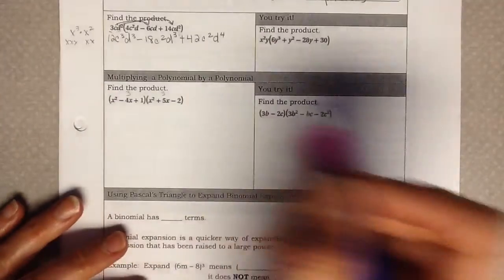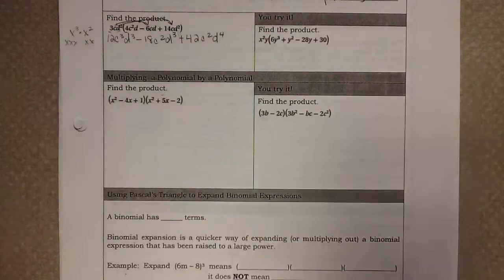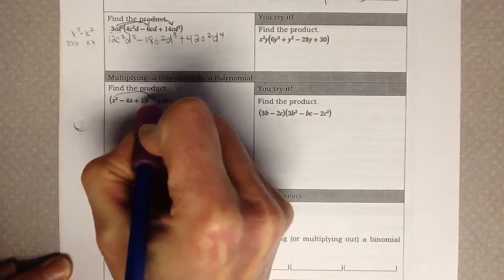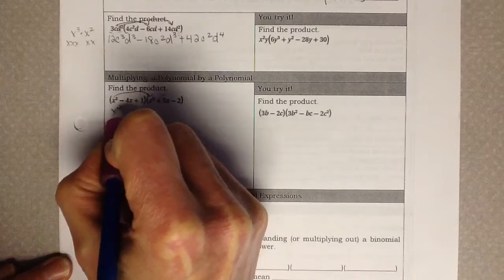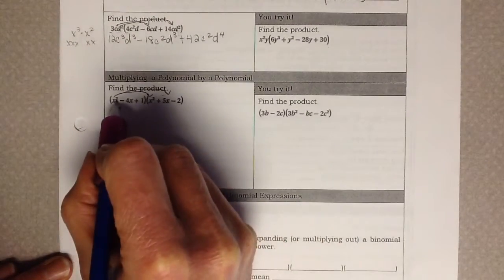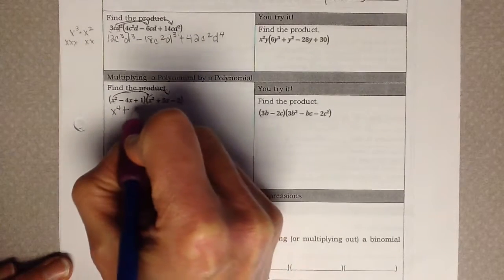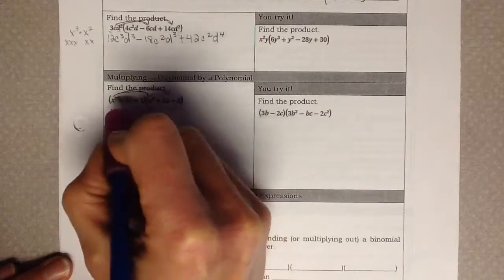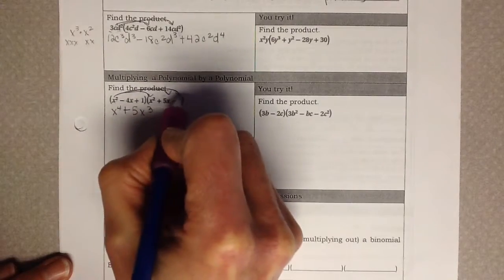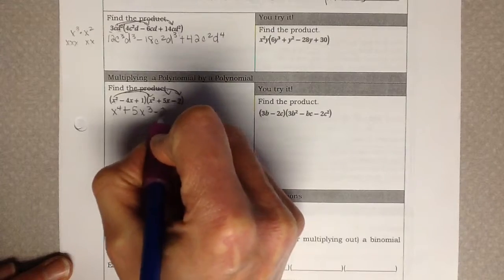And what I mean by that is, let's just start multiplying out here. We're going to distribute first. We're going to take the x squared times the x squared, so that will be x to the fourth, adding the exponents. X squared times 5x. We have second power here, first power here, so that's going to be plus 5x cubed. And then we're going to multiply the x squared times that negative 2, so that's going to be negative 2x